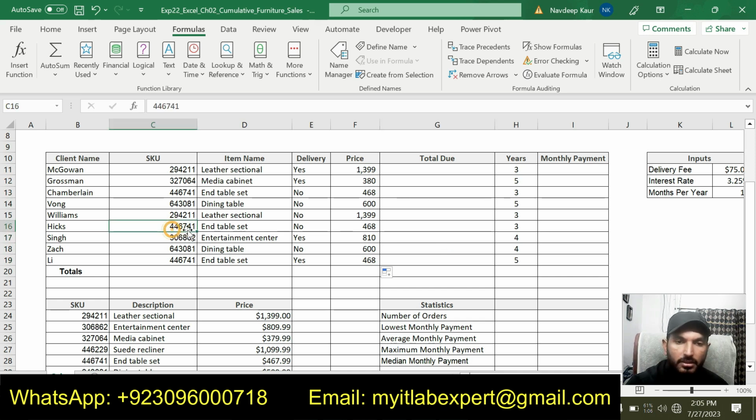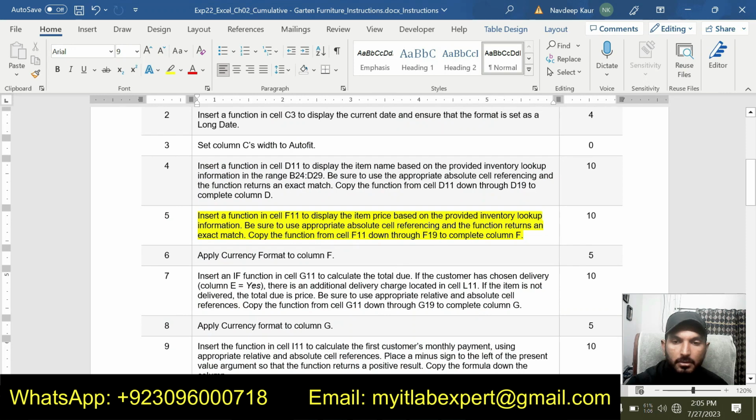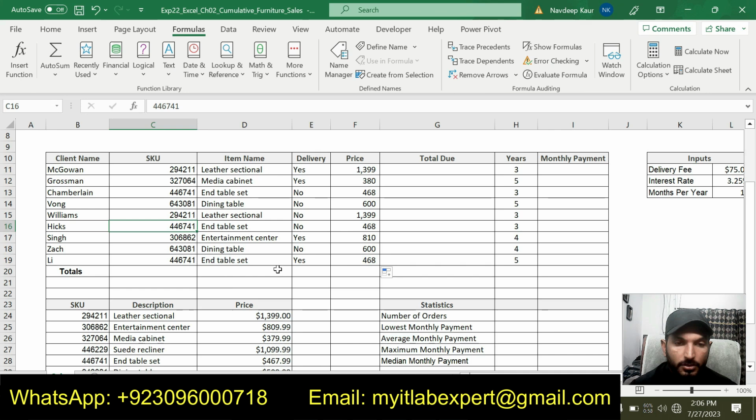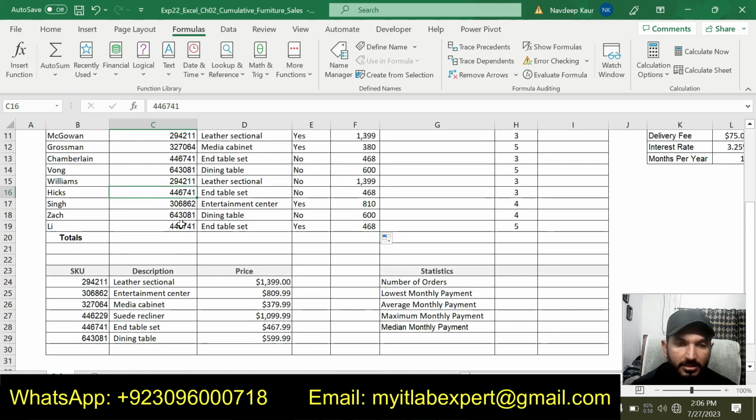Let me look for this one. You can see that 643081 has a price of 599, and you can see 600, but when we change it to 2 decimal places it will be 599.